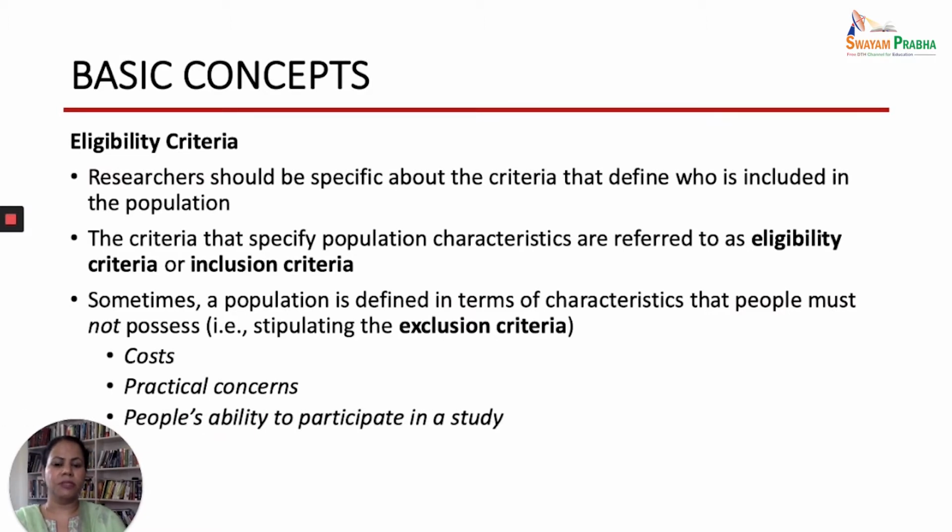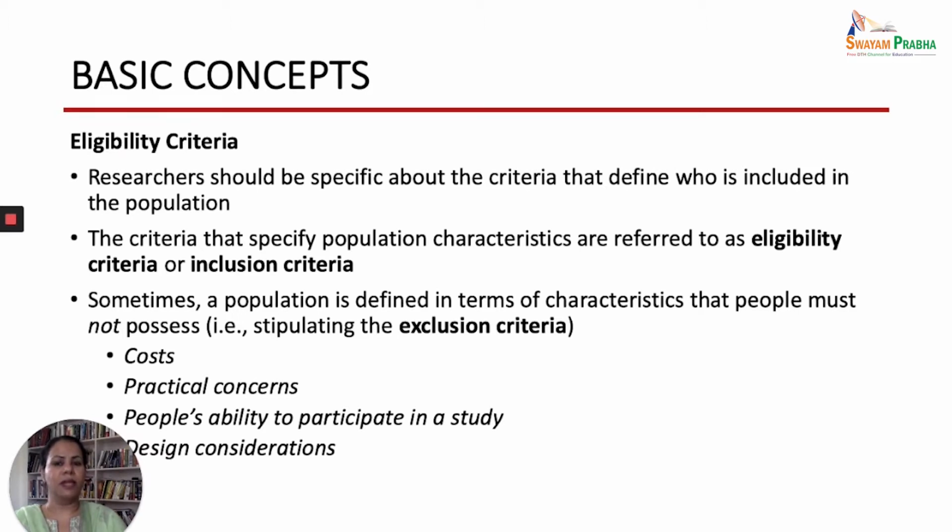Fourth one is people's ability to participate in study. You need to see whether people will be able to participate in your study or not. They should be willing, they should be volunteering to participate. And sometimes if your study is a longitudinal type of study, whether the subjects will be the same sample, if you are continuing for the long term, whether they will be staying there only or they will be moving out. So it will be depending upon the people's ability also, whether they will be able to participate in your study or not. Last might be the design consideration.